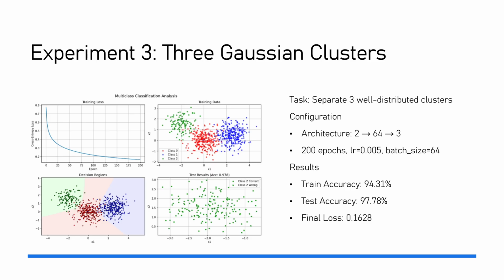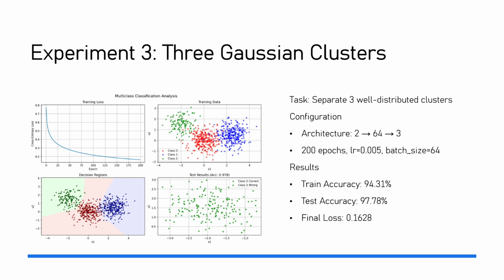The decision region plot is crucial here. It clearly shows three distinct colored regions corresponding to each class. Notice how the boundaries between regions are smooth and properly positioned between cluster centers. Interestingly, our test accuracy of 97.78% actually exceeded training accuracy of 94.31%, which indicates the model